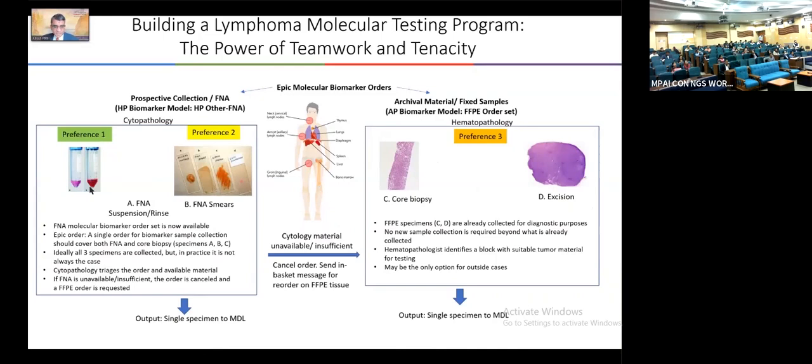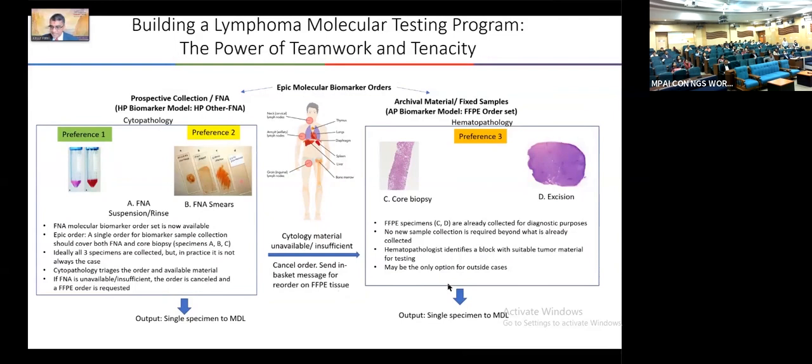So it can be in suspension from an FNA, or it can be on the cytology smears. They can be on a core biopsy, or can be in an excision. So as you can imagine, trying to come up with a systematic approach where these biomarker orders are placed in the EHR in an appropriate manner, the sample is collected, the sample is transported, and eventually the sample gets tested in an appropriate manner. This does require a large number of team members, and hence the title here, the power